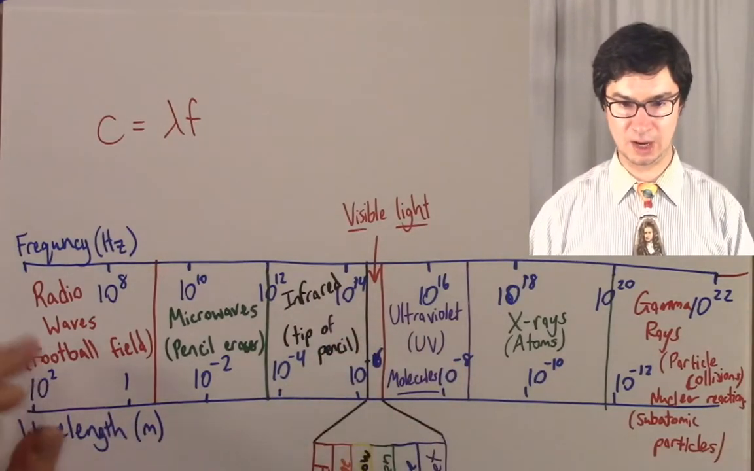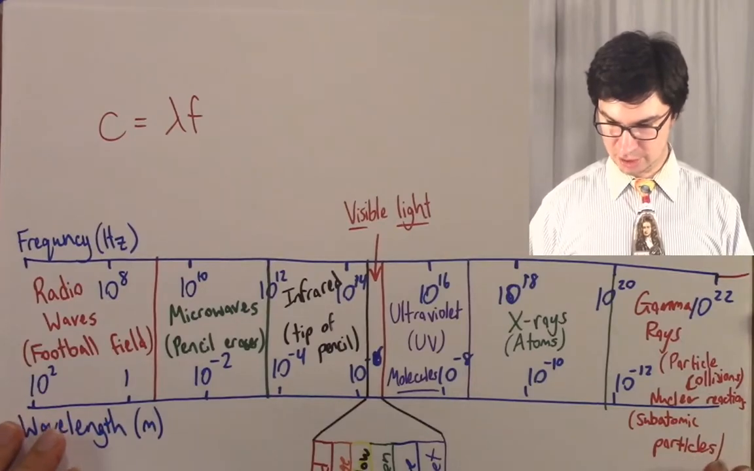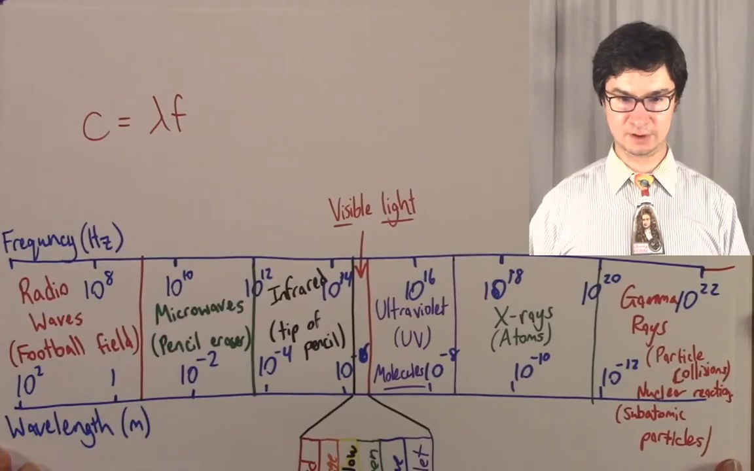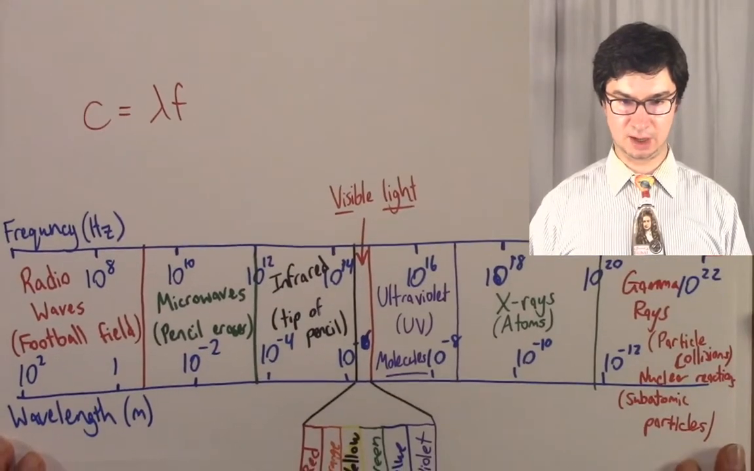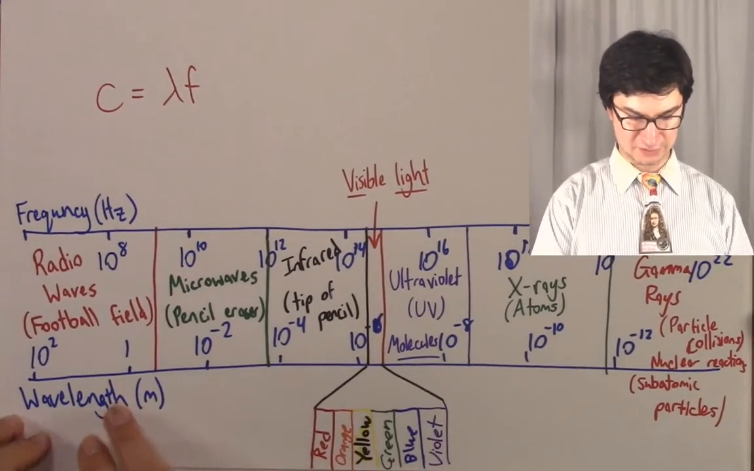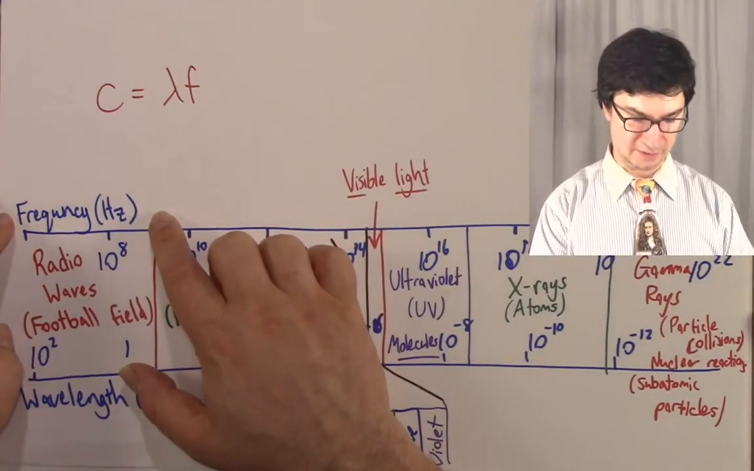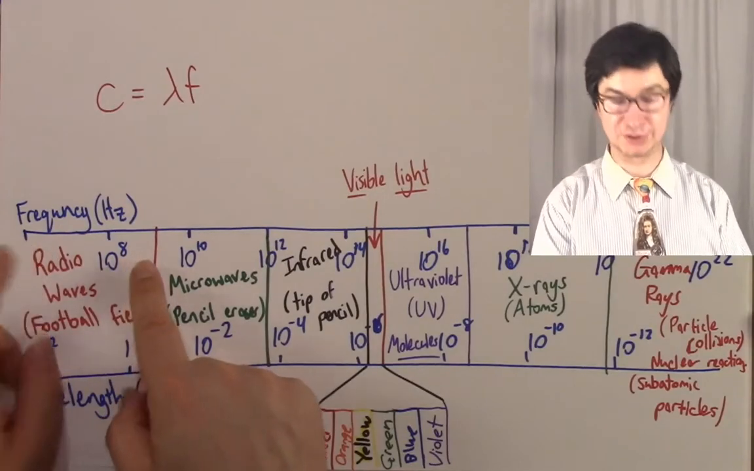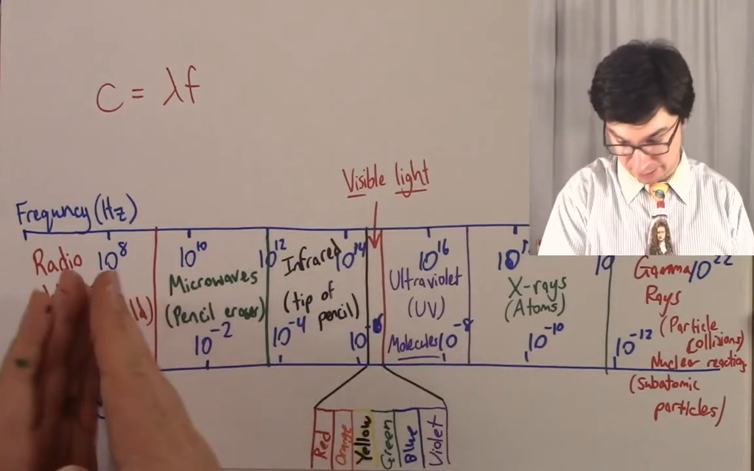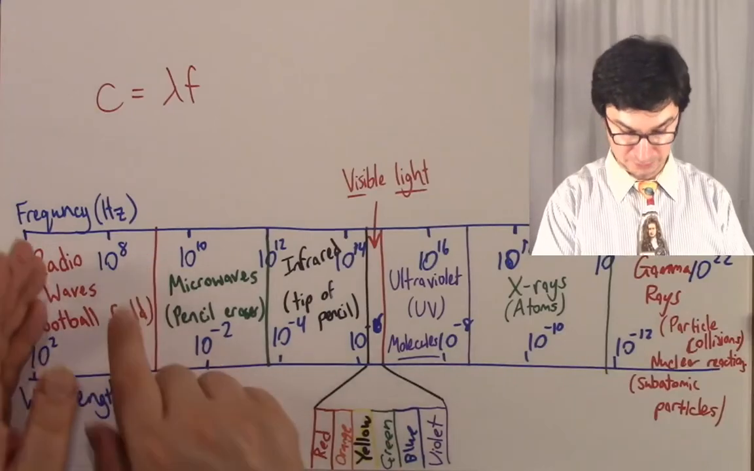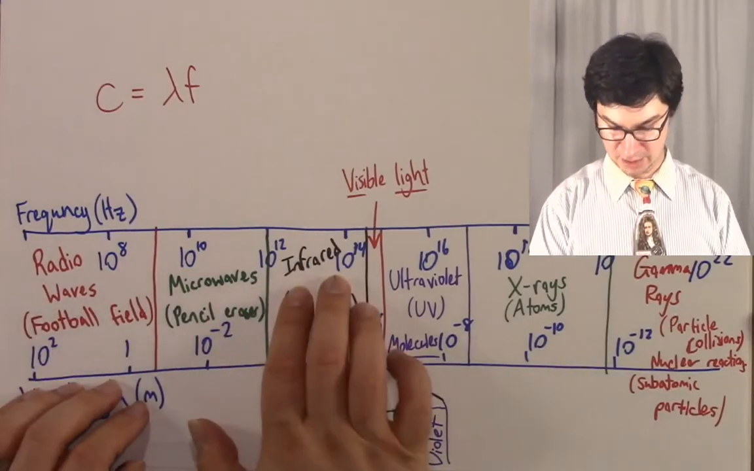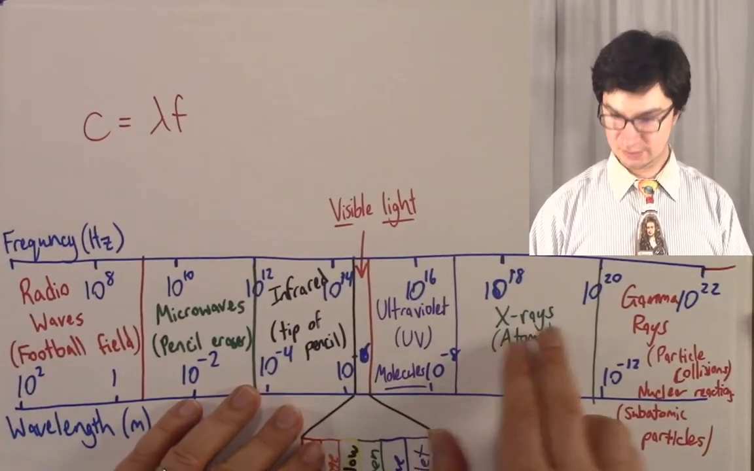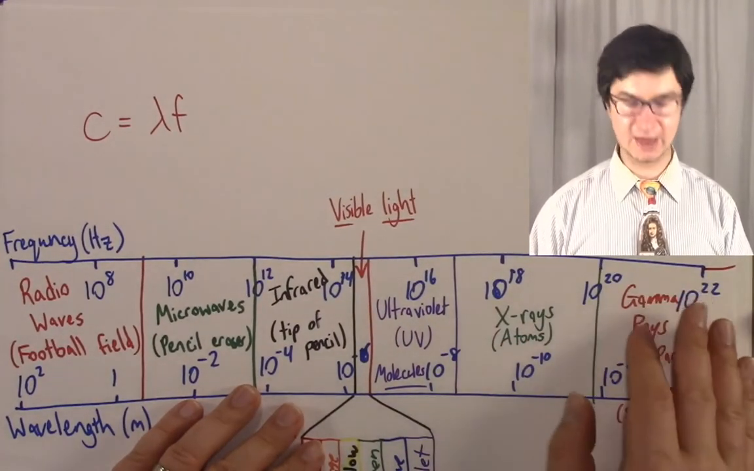All right. Wow. So there you have it. This is the full electromagnetic wave spectrum. We covered radio waves, which are very long wavelength, as big as a football field, at a very low frequency. I mean, 10 to the 8th hertz is pretty high, but compared to the rest of the frequencies, it's very low. Followed by microwaves, followed by infrared, followed by visible light, followed by ultraviolet, followed by X-rays, followed by gamma rays, and that is the